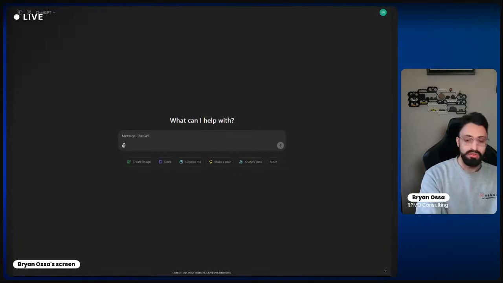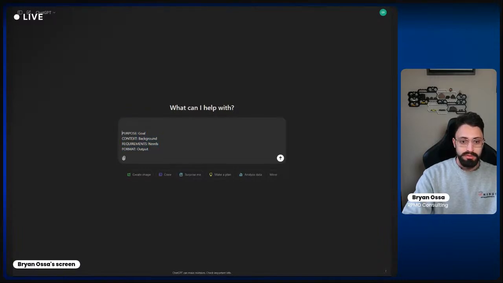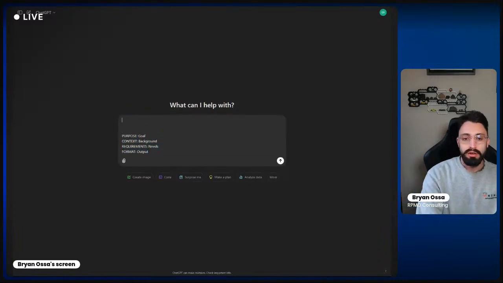So using this initial template that I was talking about, just like the purpose, context, requirements, and format, I'll just keep that down here as we start writing this. But essentially, the first thing I want to open up with my prompt is what I'm looking to do.